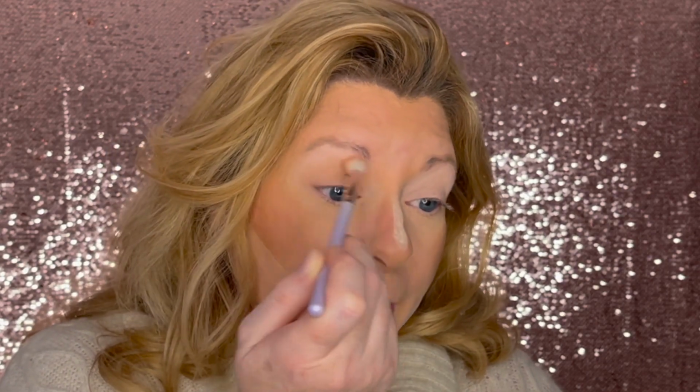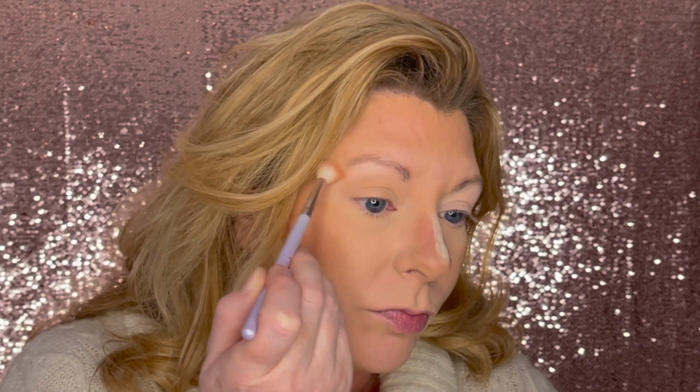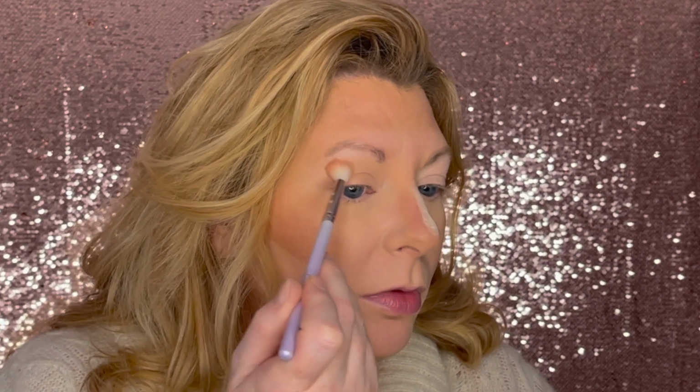One of the reasons I love this look so much is because it is super easy. It is like go out the door quick and easy. So I'm using this camel shade all over my lower lid and onto my upper lid. It's blending into that Aura shade. Now I could leave it just like that, throw a little liner in my lash line and be done with it,